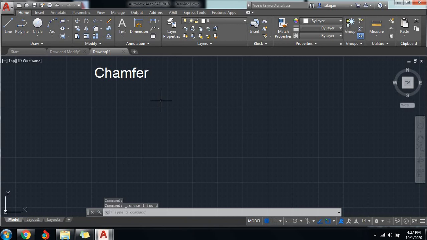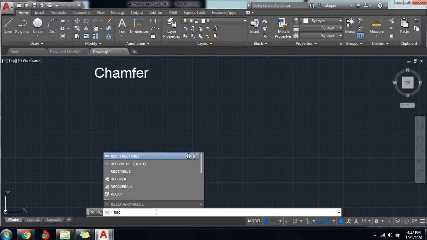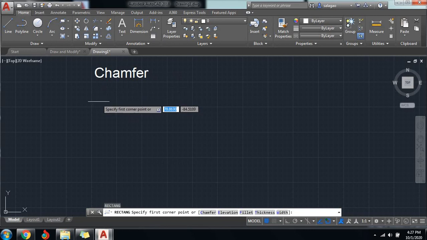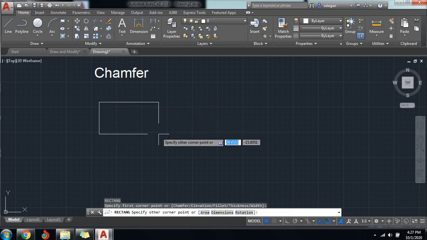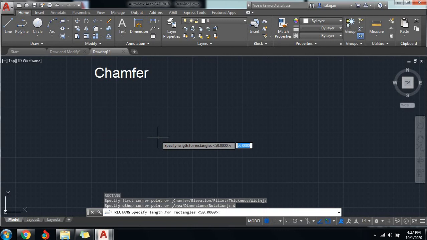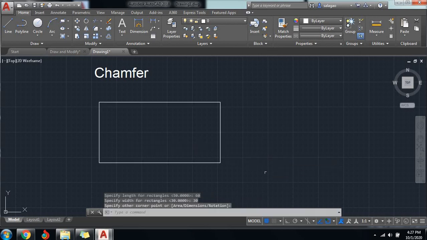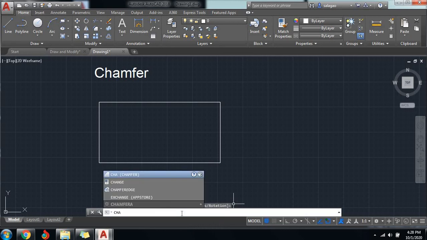Okay, so the last modify command that we're going to use is the jumper command. Okay, so first we're going to draw a rectangle. Okay, so rectangle, specify the first point here, and then we're going to use a dimension. So d dimension, so the length is, say for example, 60, and the other length is, say for example, 30. Okay, so we have now a rectangle. Now we're going to use the jumper, okay, to trim our rectangle. So type jumper or jump,